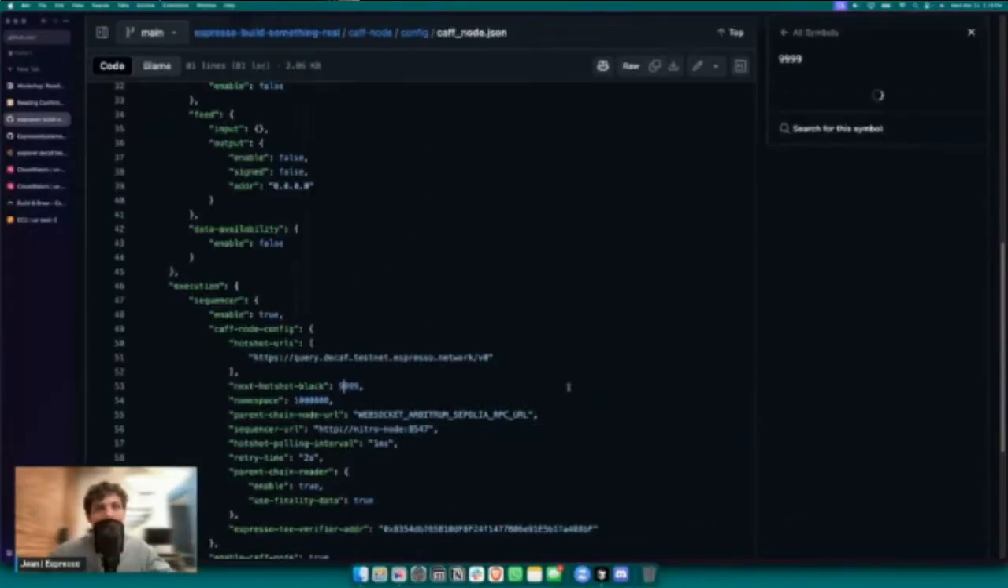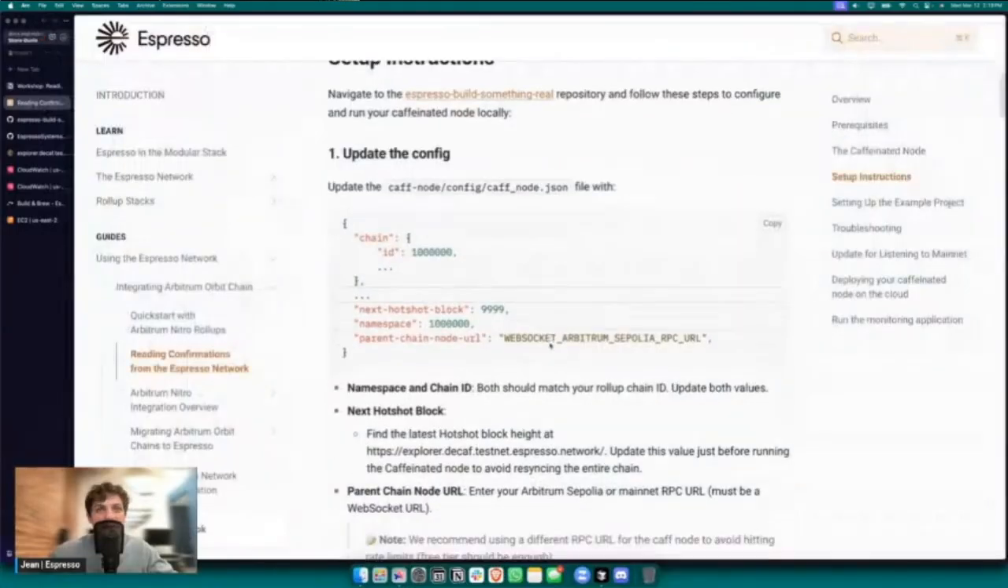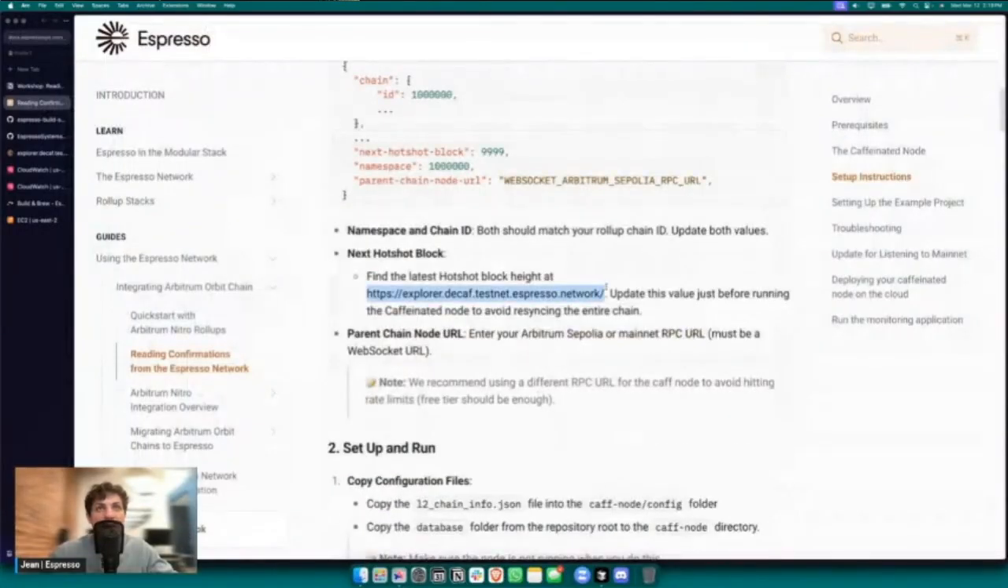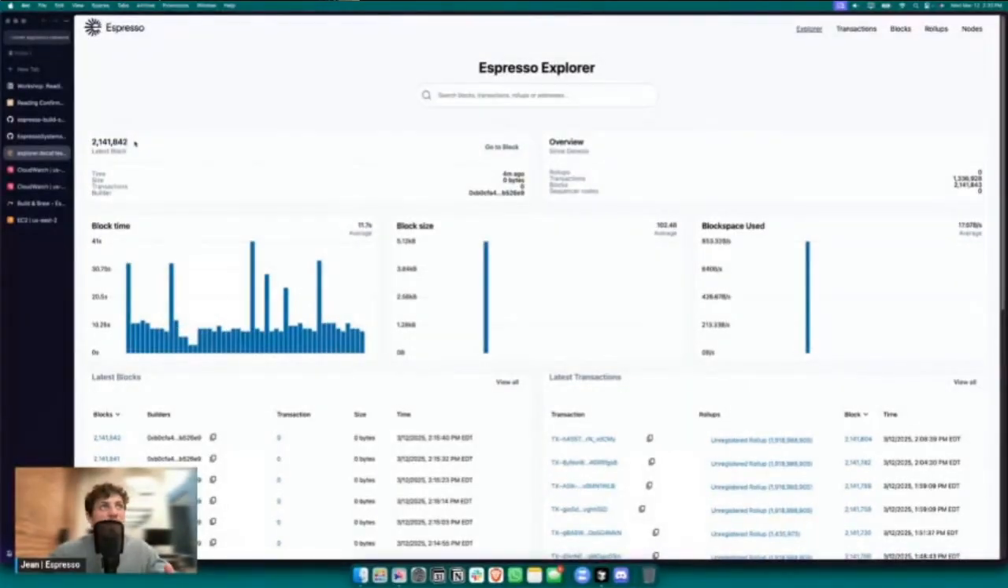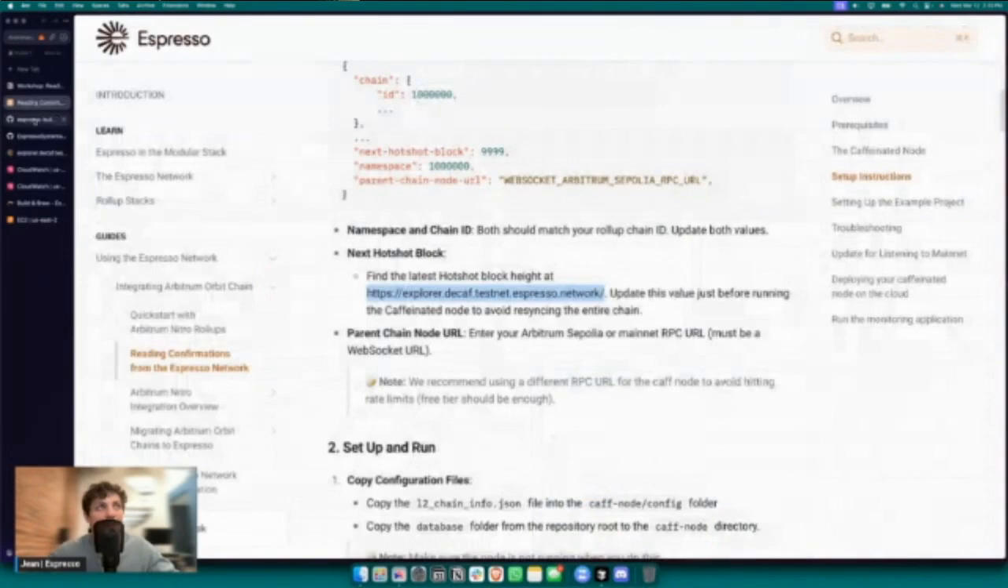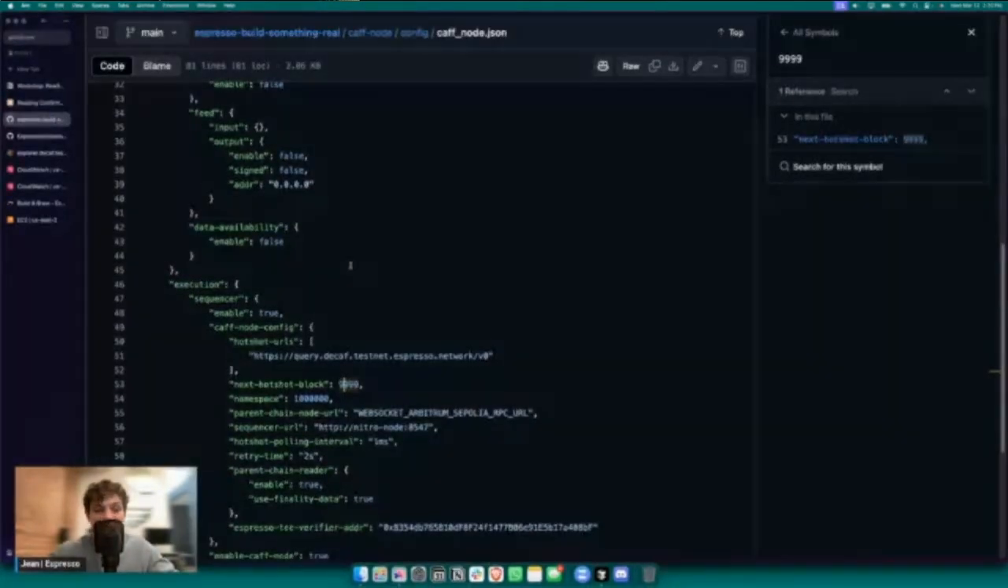If you forget to update this value, let's say you go to the Explorer, we have the Explorer address in here in the guide, all right? If you go to the Explorer address here, you get this specific hotshot latest block value. As you can see, it can update very quickly. So make sure that when you run Docker Compose up and build your container, you update the specific values, because otherwise your caffeinated node could take a lot of time to resync all these blocks to the point you've mentioned here. So every time you run the container, update the specific value right there. All right,